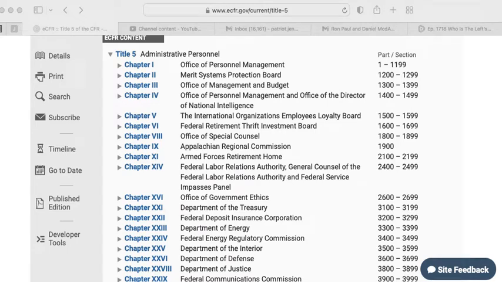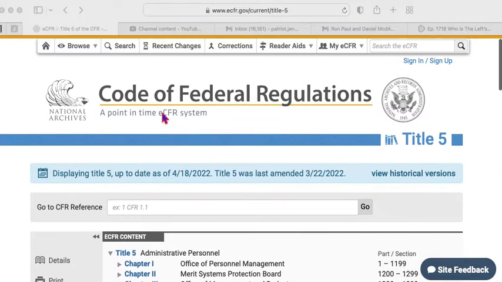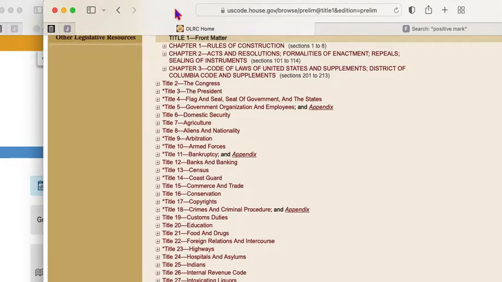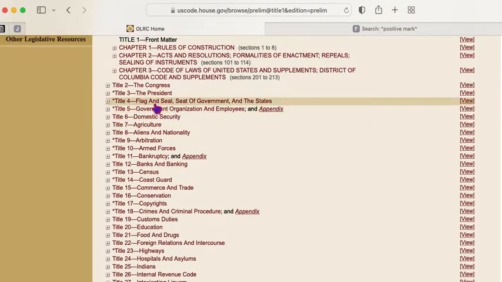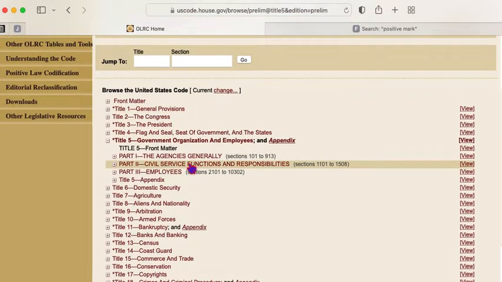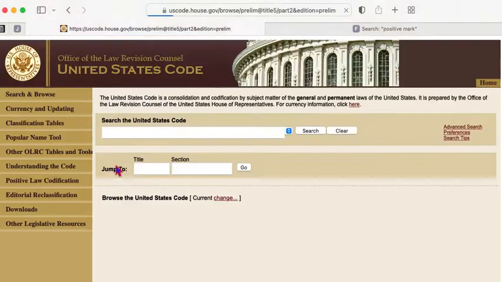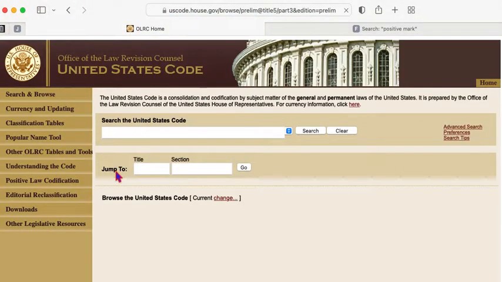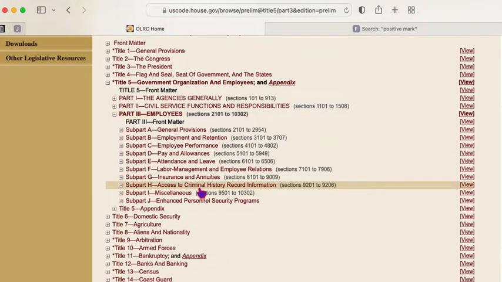Want to show you guys something real quick. This is from CFR, and it's a part of Title V. Now, we know that Title V from my previous videos is a positive law, and it's part of government organization and employees. And I've explained to you how under Title V employees are required to pay a federal tax because they receive compensation for working with the federal government.